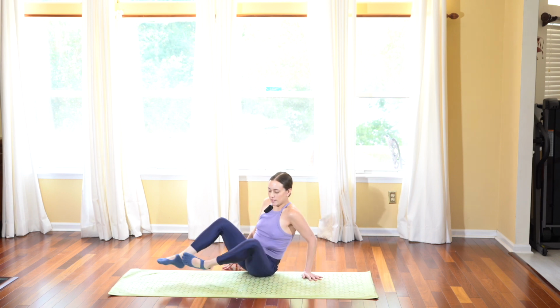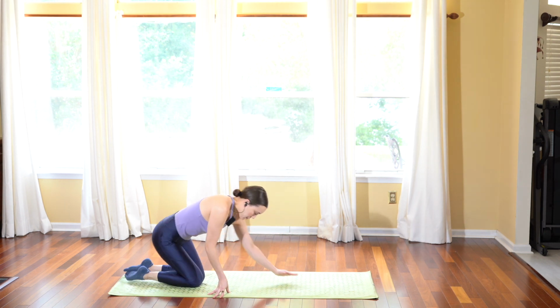I'm so happy that you're here to join me for this morning energizing yoga practice that will release stiffness and tension out of the whole body through gentle movement and a deep stretch. All you'll need is your mat. If you like, grab a couple blocks and place them on the side, and let's go ahead and get started. We're going to start at the back of our mat today with our feet and our knees